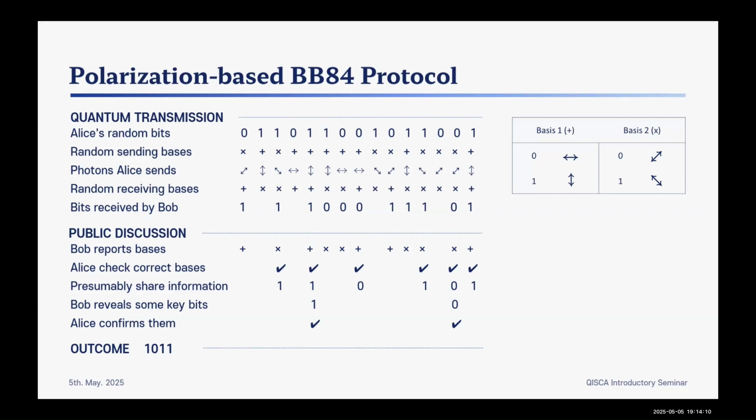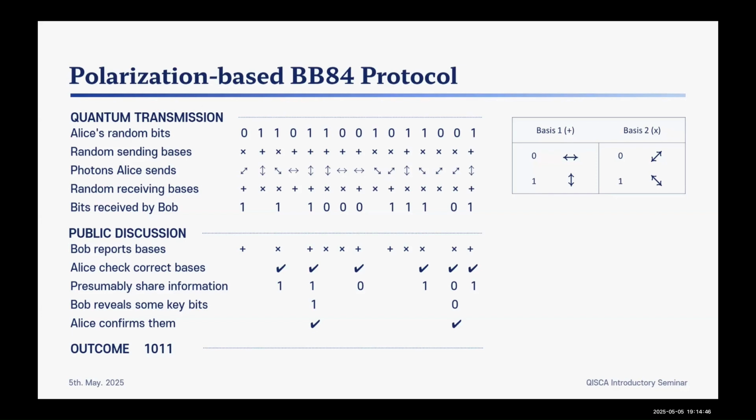To check for potential eavesdropping, Bob randomly reveals some of the key bits, and Alice verifies that they match her own. If too many errors appear, they assume an eavesdropper might be interfering. Since the final key is very long, even a small disturbance caused by Eve would introduce detectable errors. This means that Eve's presence cannot go unnoticed. If Alice and Bob detect significant errors, they just discard the key and restart the key exchange process to ensure security.